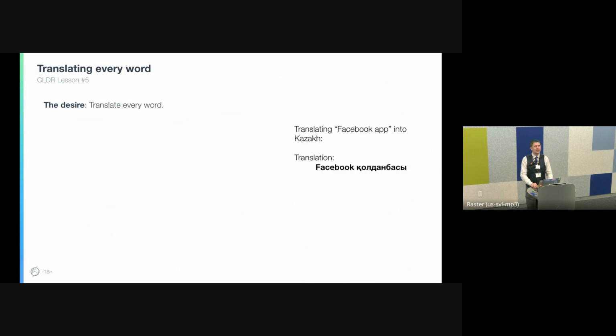And then the last lesson here is, should we translate every single word? There are lots of words that are listed in CLDR. Can we use that to bootstrap our translations? But not every word is meant to be translated. So for instance, one of my colleagues working on this is from Kazakhstan. And when we were telling Kazakh users that the Facebook app is translated in Kazakh, we would translate the phrase Facebook app as Facebook